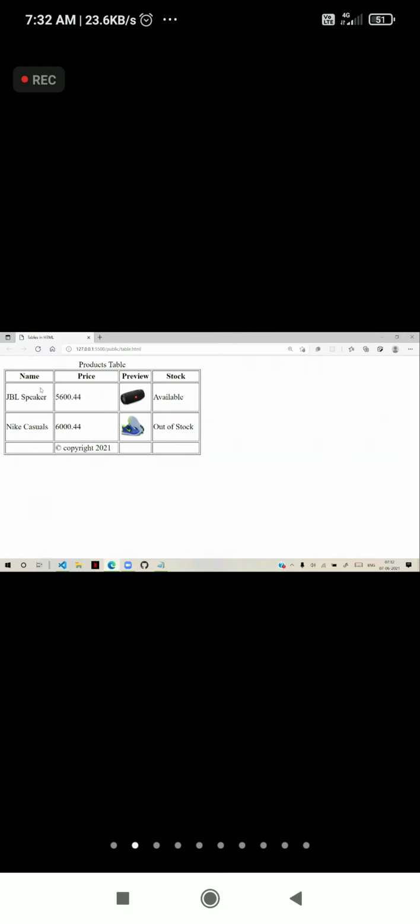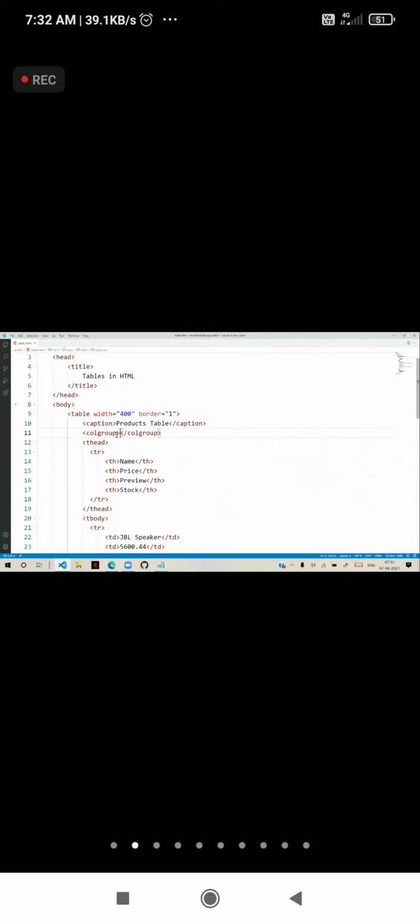We generally use column group to group columns. How many columns you want, you can group them to apply special effects. That means how many columns you want to group, you have to tell by using span. Span indicates how many columns you want to group.